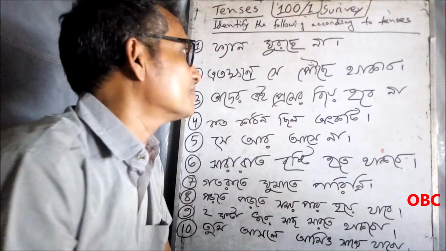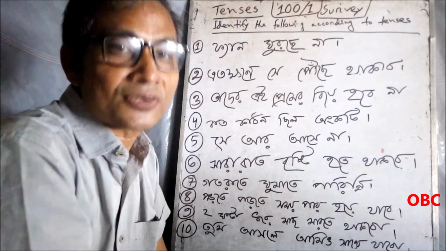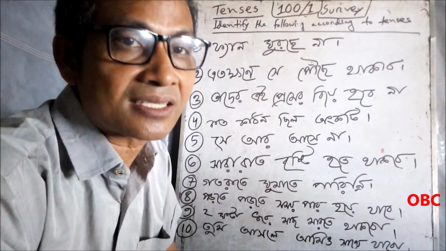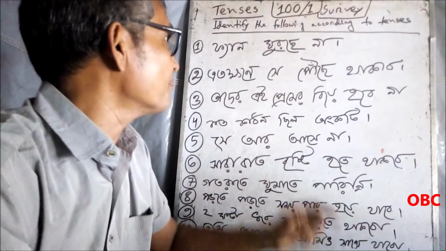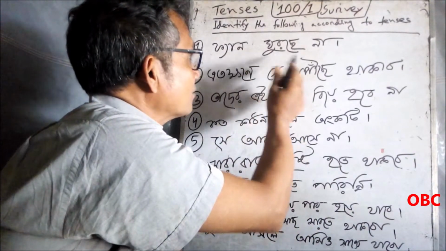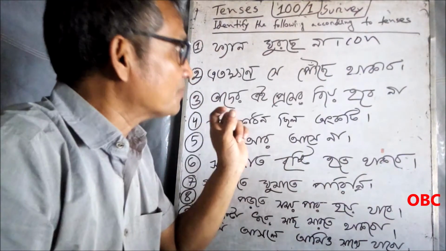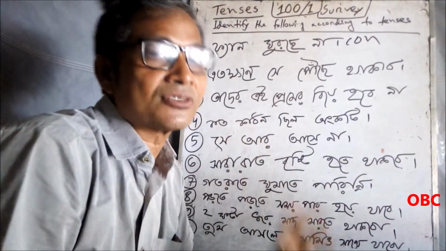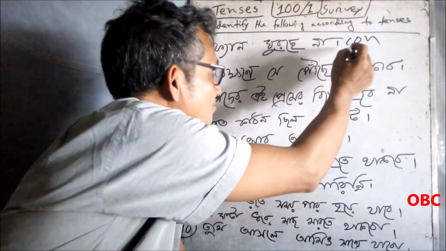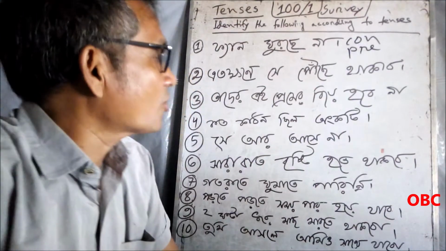First of all, you have to understand whether this sentence is in continuous tense or non-continuous tense. Non-continuous tense is not a standard phrase. I have coined this phrase. So here you say "fan ghutche na". This is in continuous tense. And now you have to understand whether it is in present tense, past tense, or future tense. So you understand this is in present tense. So this is present continuous tense.